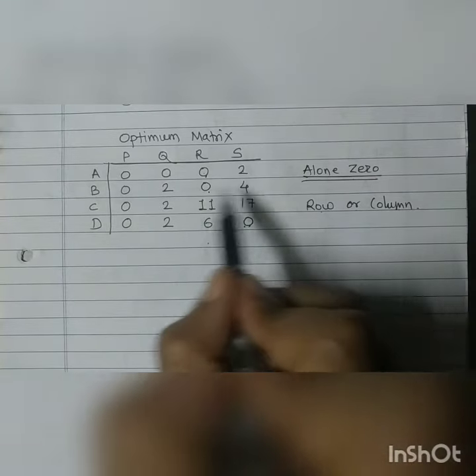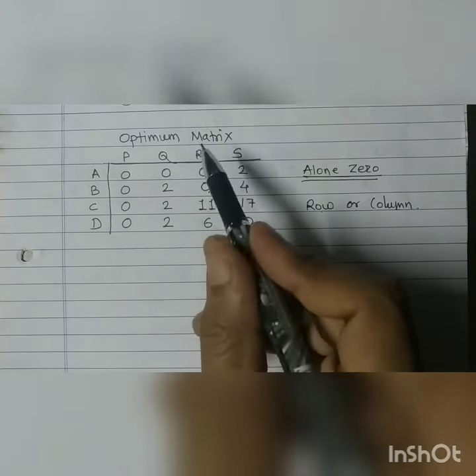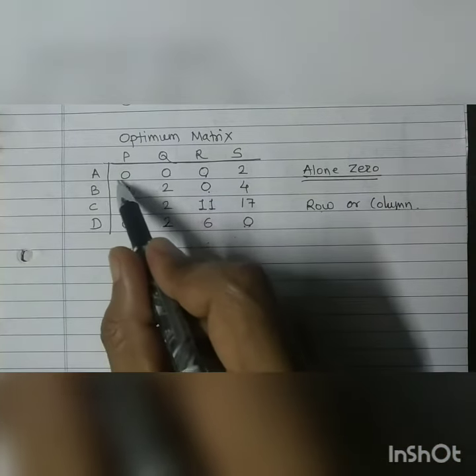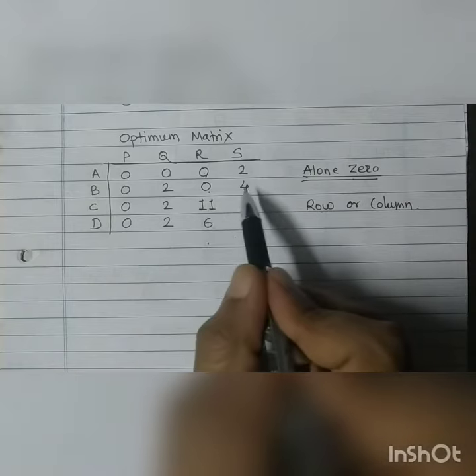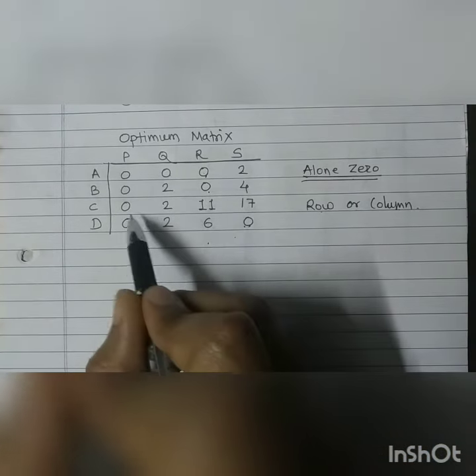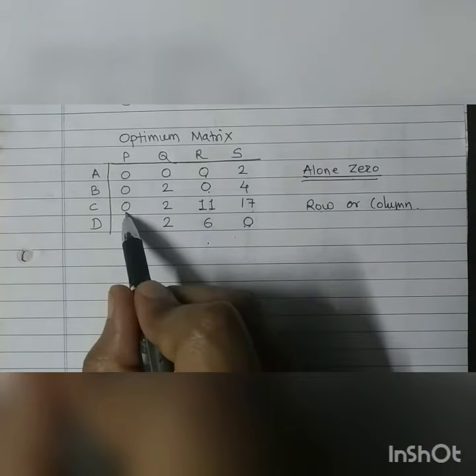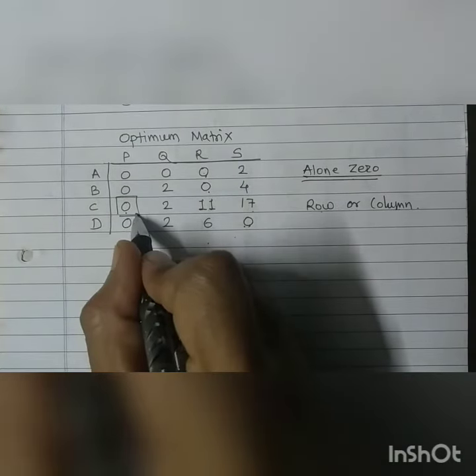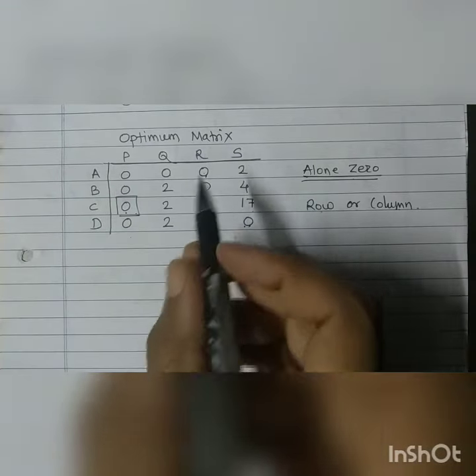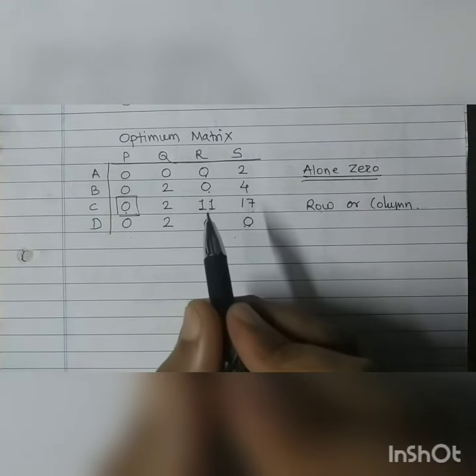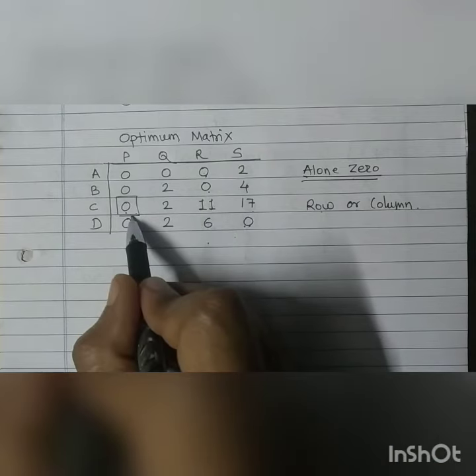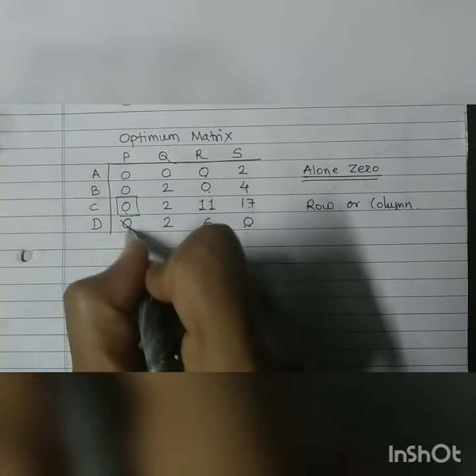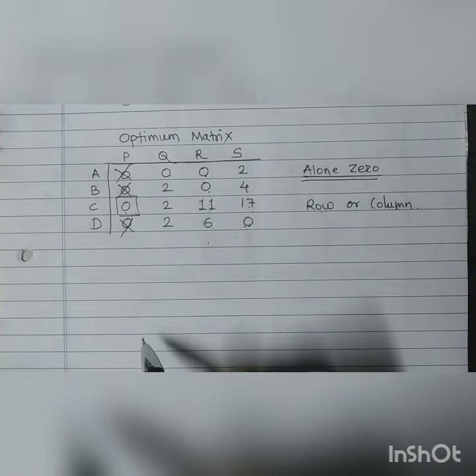So one by one, check all the rows and then check all the columns. Wherever you get an alone 0, capture this 0. So consider the first row, no alone 0. Consider the second row, no alone 0. Then the third row. In the third row, I am getting this 0 as alone 0. So I am capturing this. Once I capture this 0, along with its row and its column, whatever zeros are there, I will permanently delete those zeros. So once I capture this, along the row there are no zeros, but along the column there are 3 zeros. So I will permanently delete those zeros.